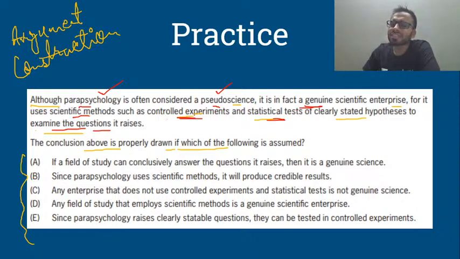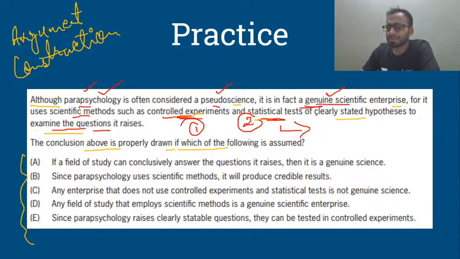What is the reason the author is giving for parapsychology to be genuine science? That parapsychology has controlled experiments and statistical tests. So does this mean that we need number one, controlled experiments and number two, statistical tests to be called genuine